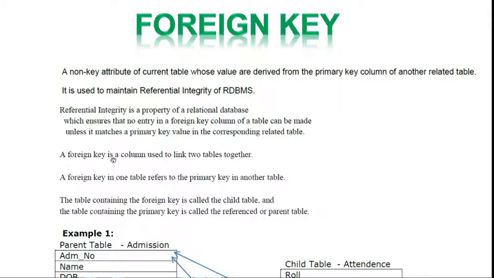A foreign key is a column used to link or connect two tables together. It is used to link two tables, parent and child table. A foreign key in one table refers to the primary key in another table.